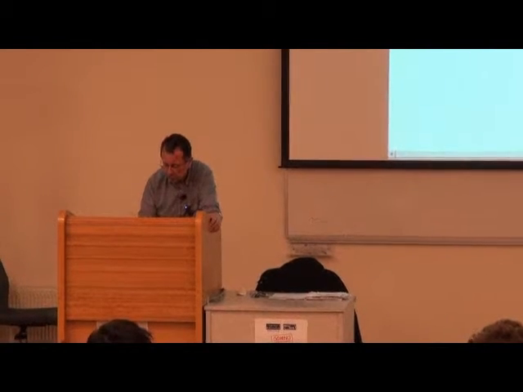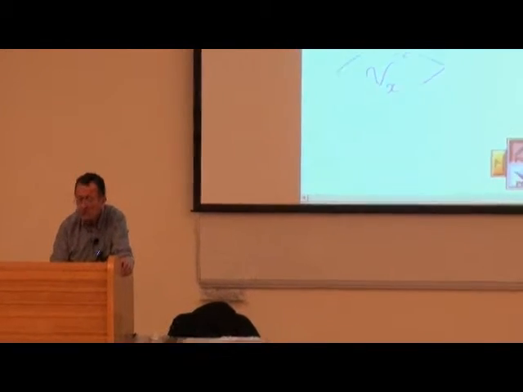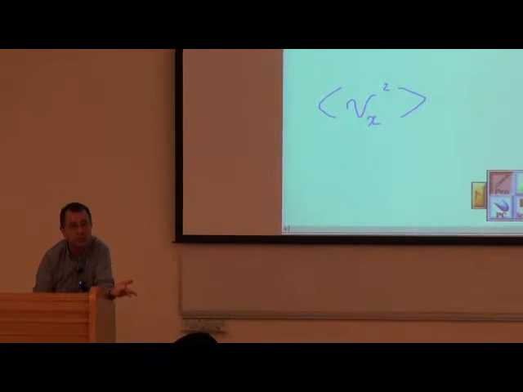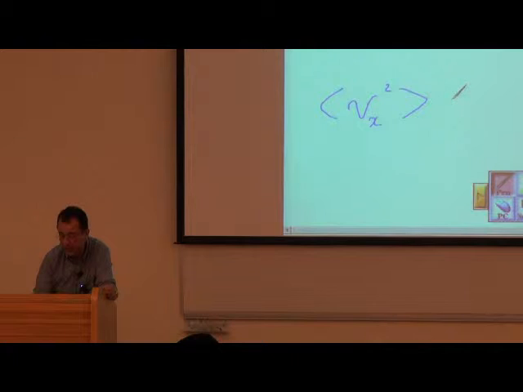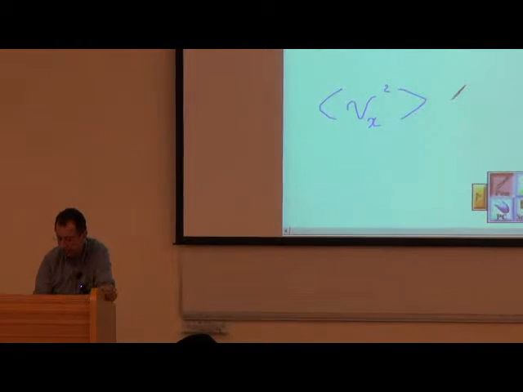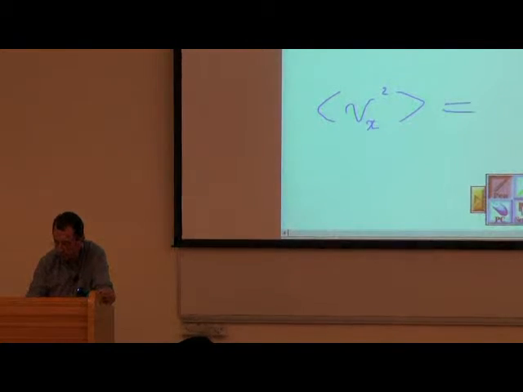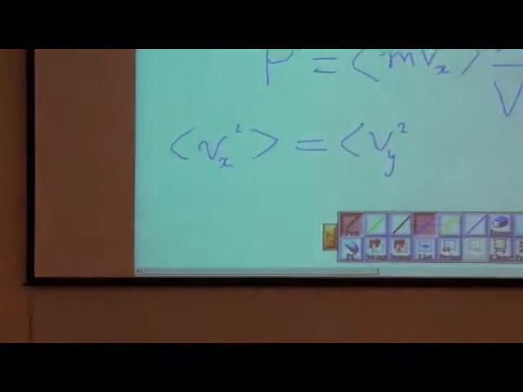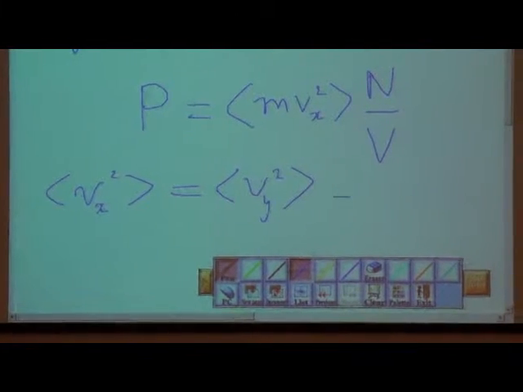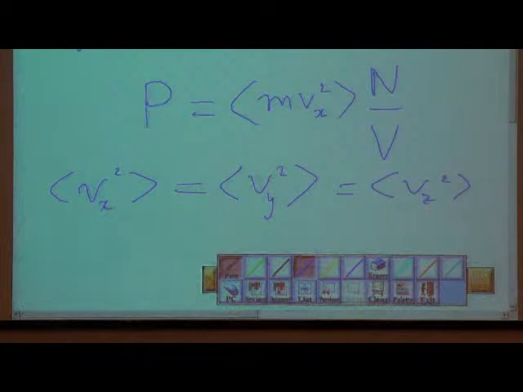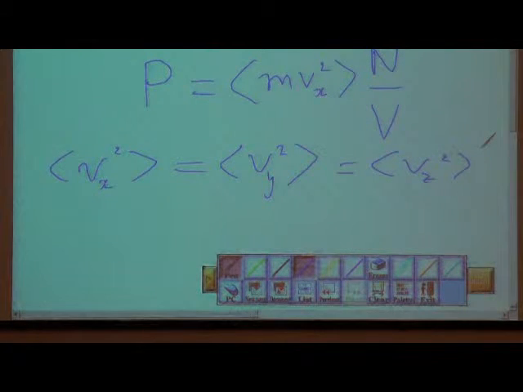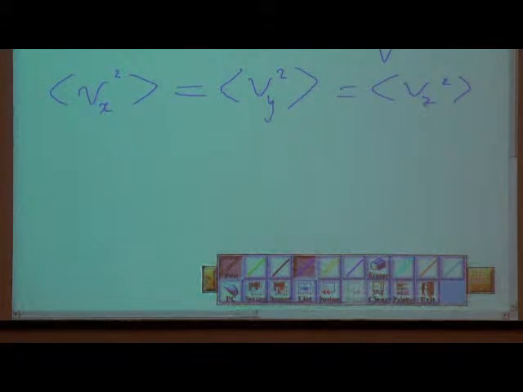First thing I notice, there's an X here, but what I call X and what I call Y and what I call Z is not important. So I expect that the average of Vx square must be equal to the average of Vy square and the average of Vz square. And if you remember that V square equals Vx square plus Vy square plus Vz square, we have